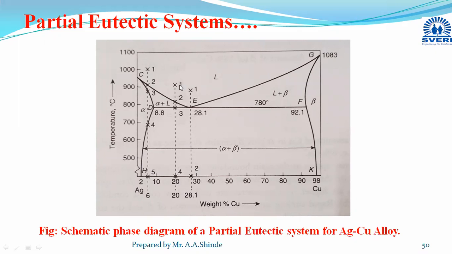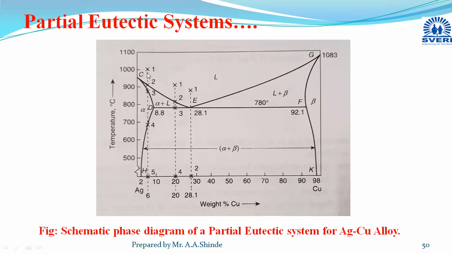Then these hypoeutectic alloys can show two types of microstructural changes depending on the composition. The curve may come in this area where your transformation is different, and in this area. I will consider two curves here, one curve here and one here. Now I will explain the microstructural changes for this first curve, 6% copper. You can assume a composition, you can assume X, Y, Z.